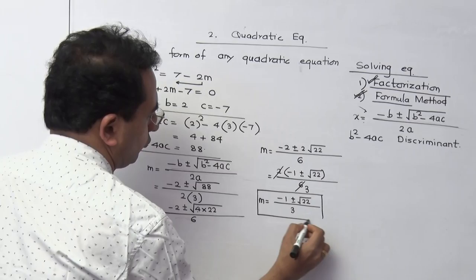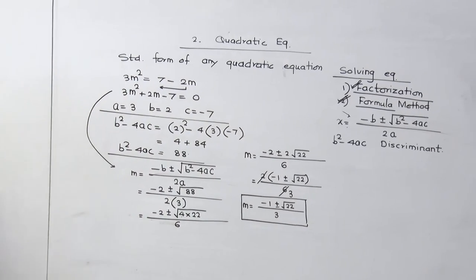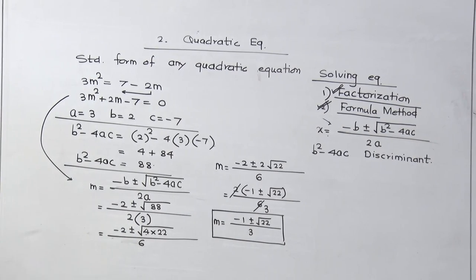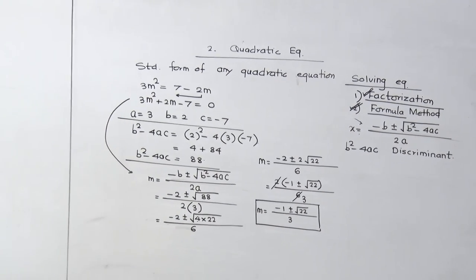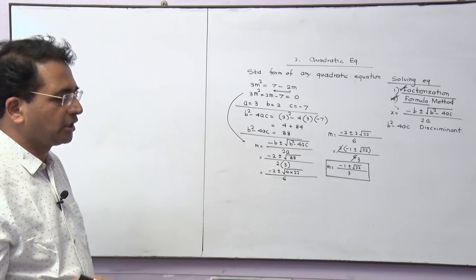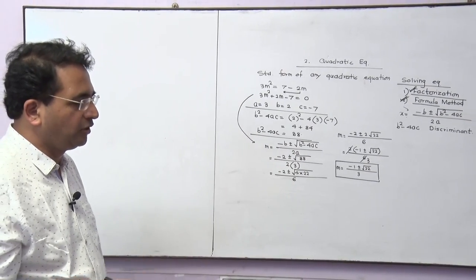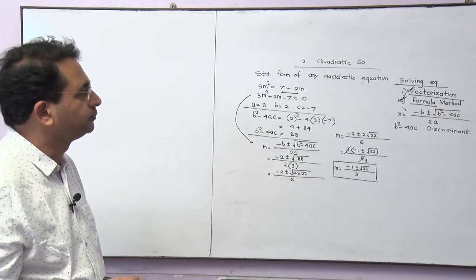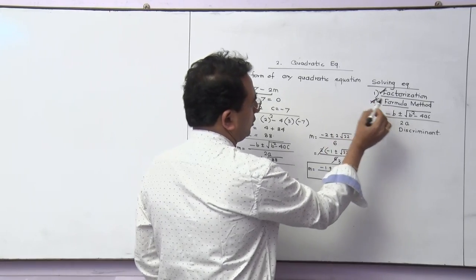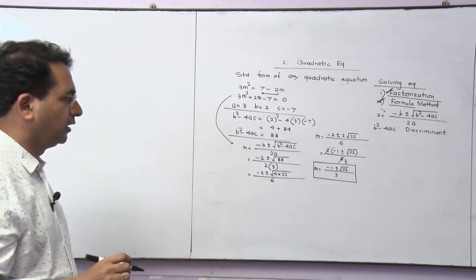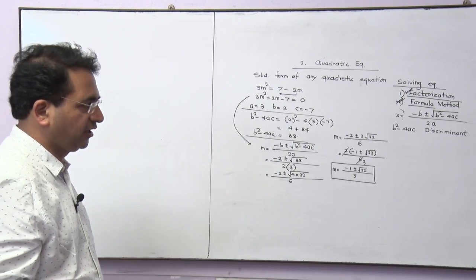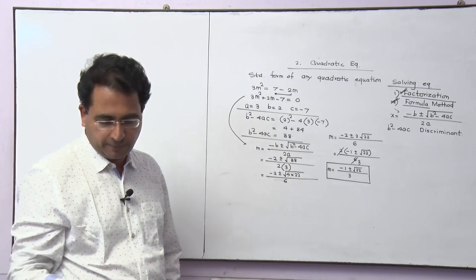I hope you have understood this method. Actually, in the textbook, they have given 3 methods. One is factorization, then completing the square method, and formula method. Completing square method is now deleted from the syllabus. So you have to focus mainly on 2 methods, factorization and formula method. Surely the questions based on this are asked. One is for 3 marks, factorization question is for 2 marks.